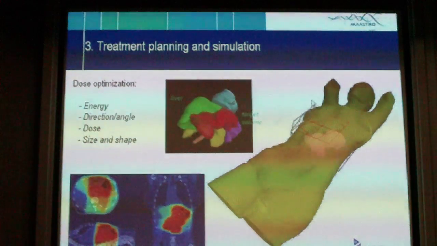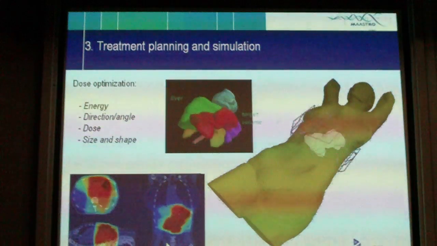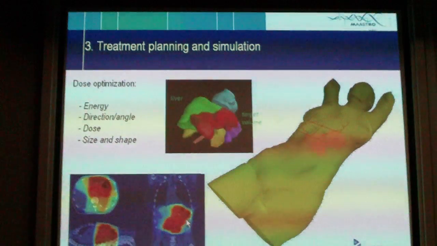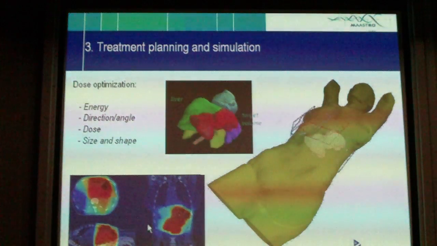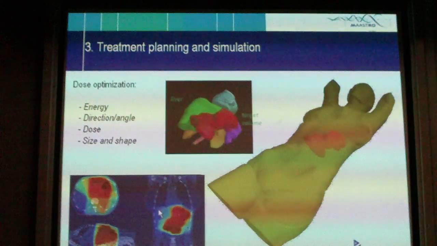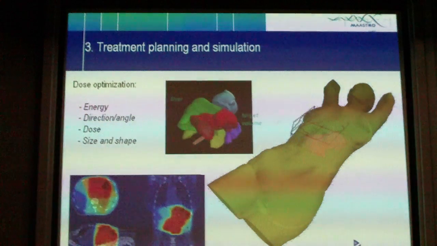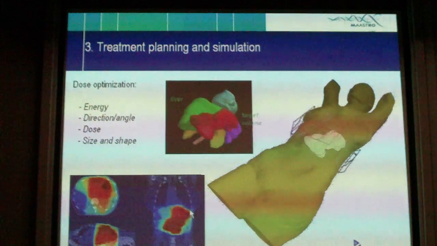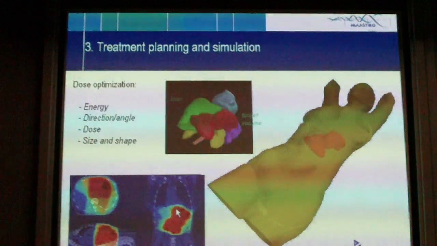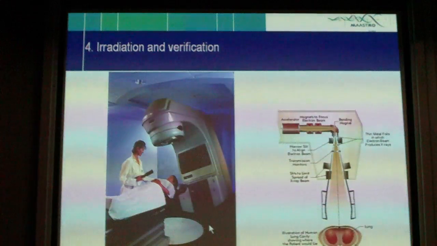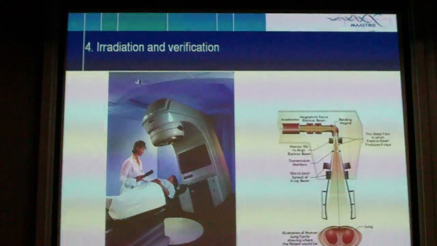So when you optimize the treatment in a perfect way, you see your tumor completely in red, gets maximum of the dose, while the surrounding tissues are in bluish, so blue indicates lower dose. So this treatment plan seems to be very good because the shape of your tumor is completely in red, yellowish red, while all your normal organs are in blue. So yeah, then when you have that, you irradiate your patient,